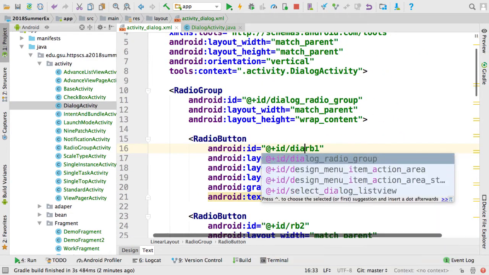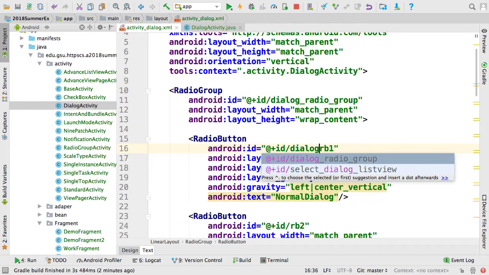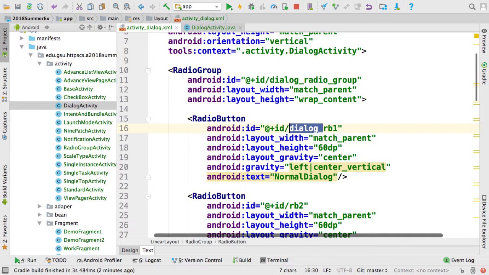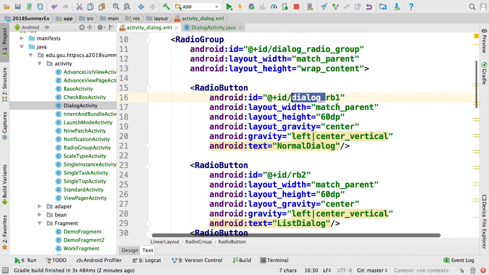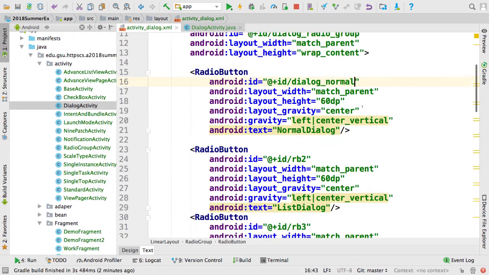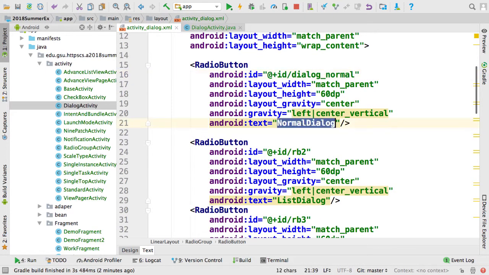Let's start with dialog. The first one is a radio button. Let's set normal for the first ID, and it's for the normal dialog. Then the second ID